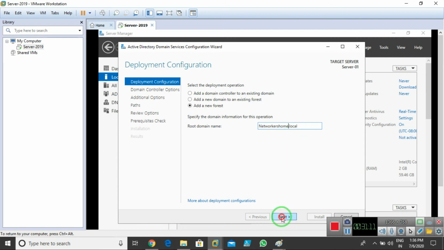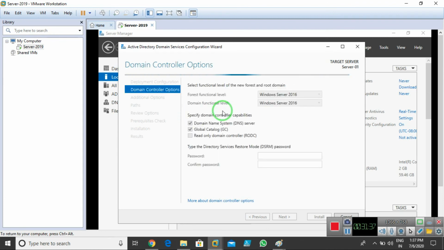After that, the other two options are for other DCs. I already told you we have 5 types of DCs in my domain network. So if I create ADC, PDC, CDCs, pre-DCs, or DC, we can use the other options for this. For PDC we use the first option, the third option, add a new forest.